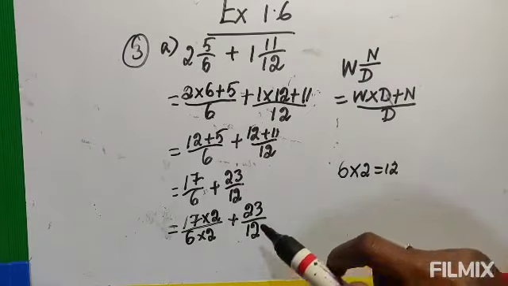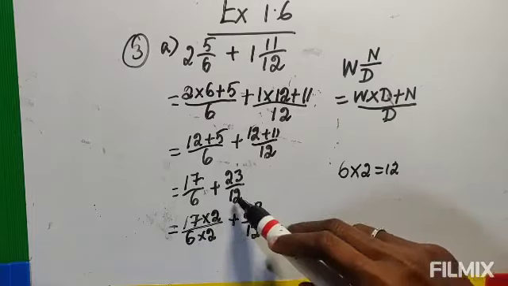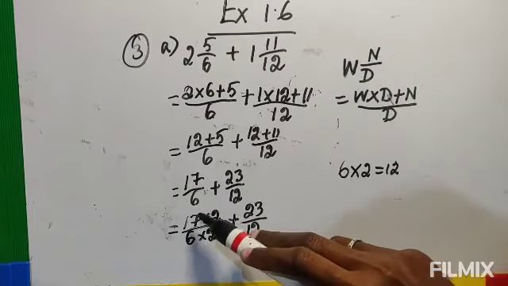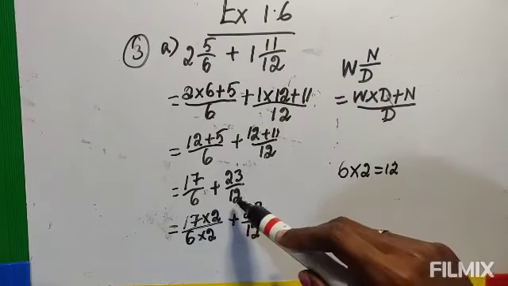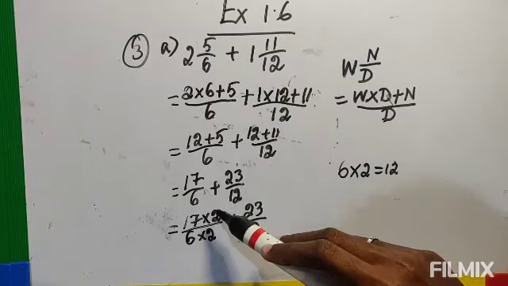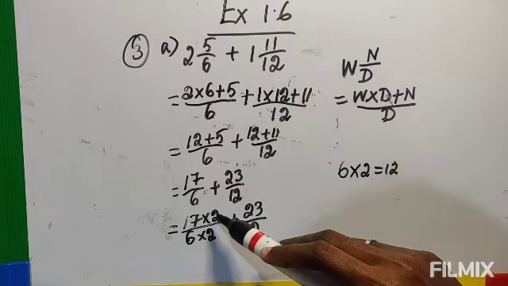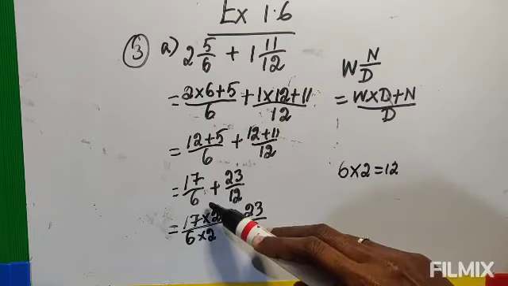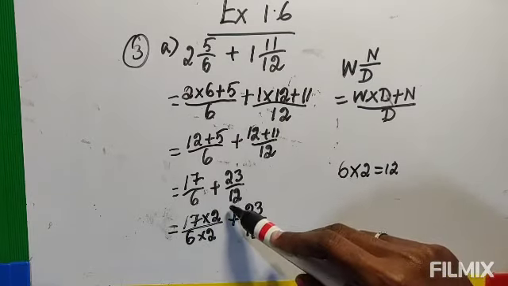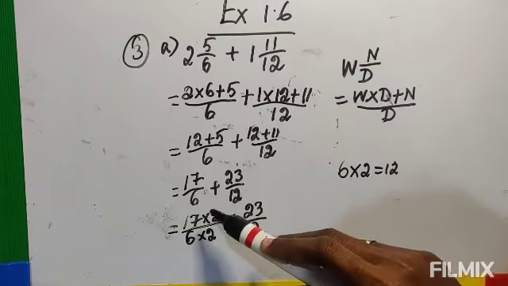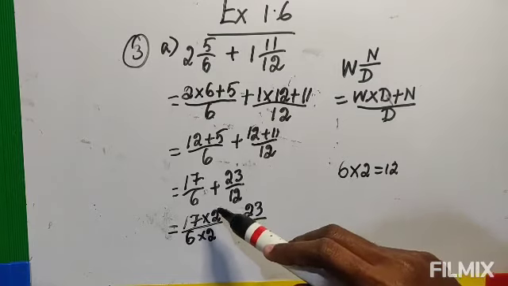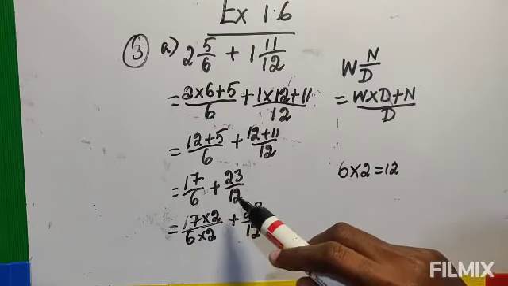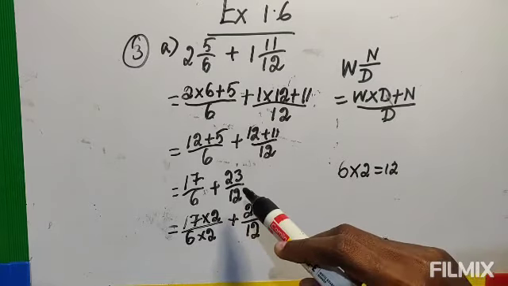So you see, of the two denominators, if any denominator can become the other denominator by multiplying by some number, that way you can check. 6 multiplied by 2 becomes 12. That way you check whether you can easily multiply or not. If you are not able to check, then you can do the LCM, otherwise you can do the HCF and calculate.